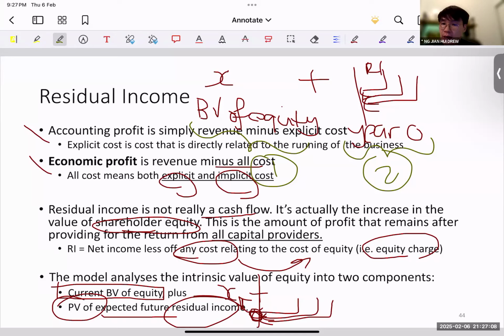I do see a question here. Profit attributable to company minus perpetual... No, this is not your residual income model. Your profit distributable to owner, okay, minus special capital security distribution. Yeah, this is not your residual income model.